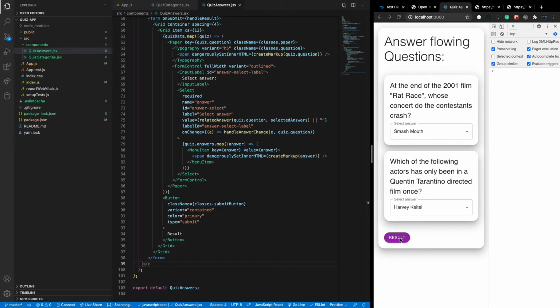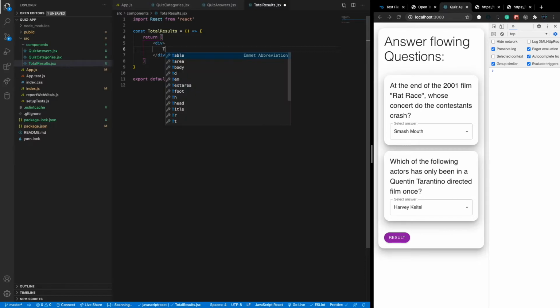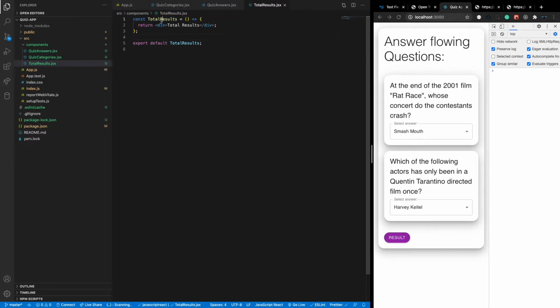To do that, let's create a component for total result. Here in the component directory, let's create a new file and call it total results .jsx. After creating the file, let's create a simple component here. Inside here, let's render total result. Simple as that, we can remove this import React, and we need to show this component basically when pressing